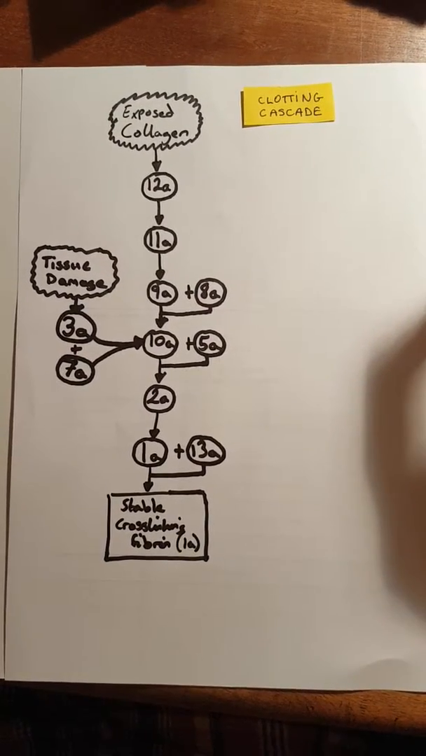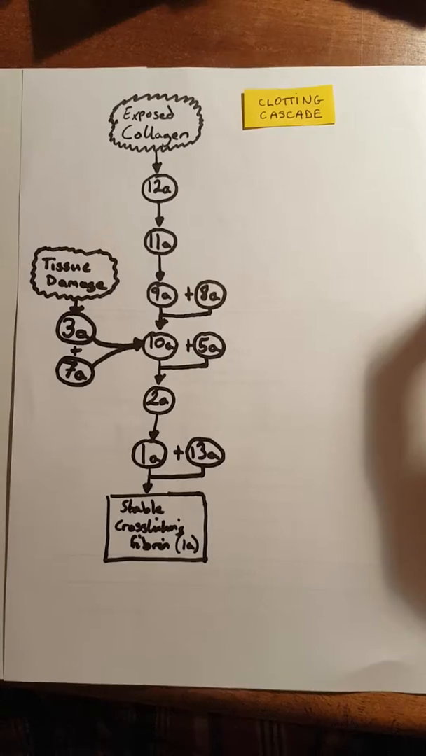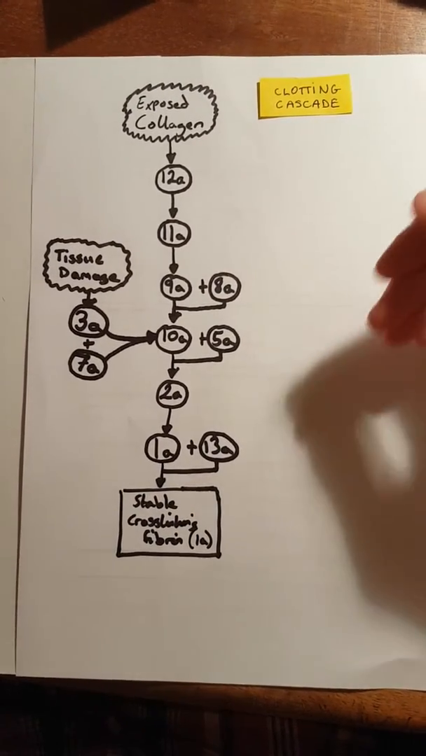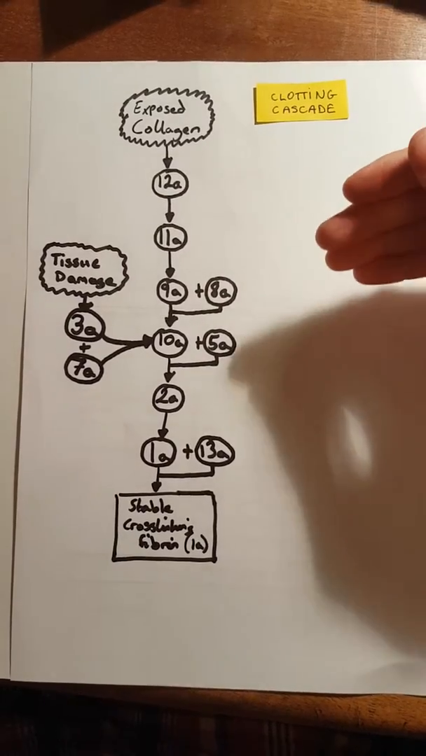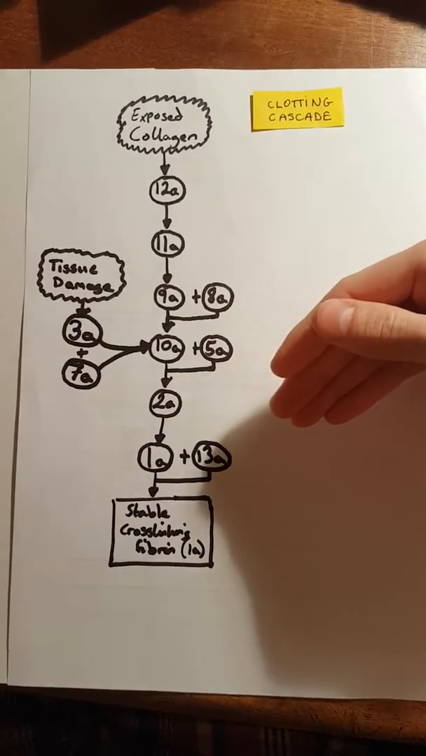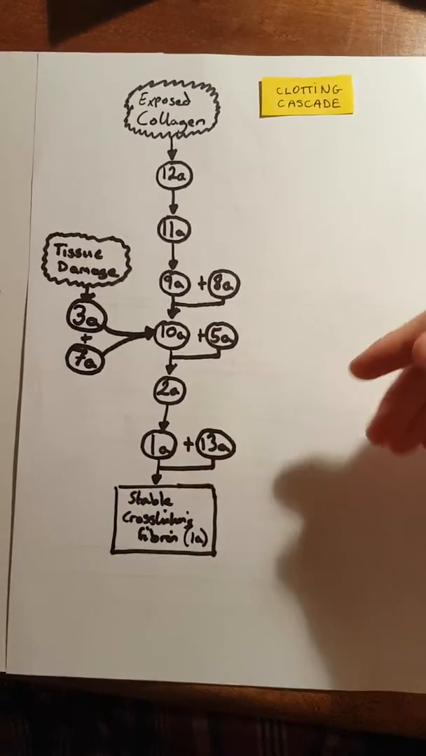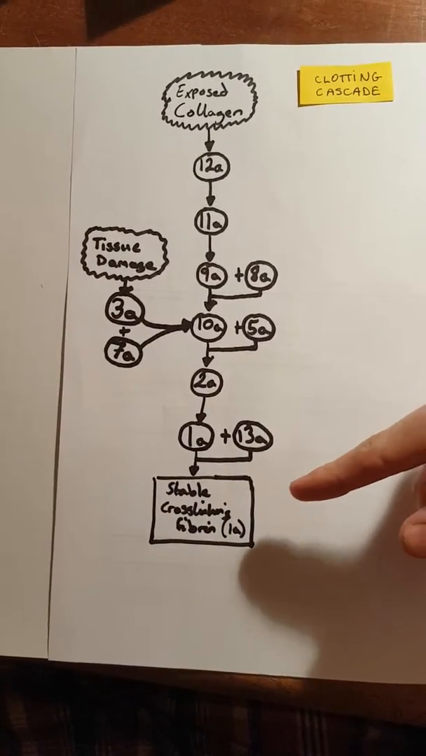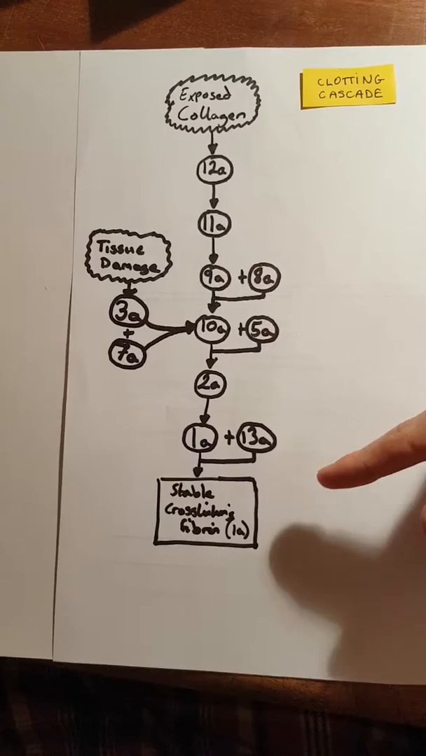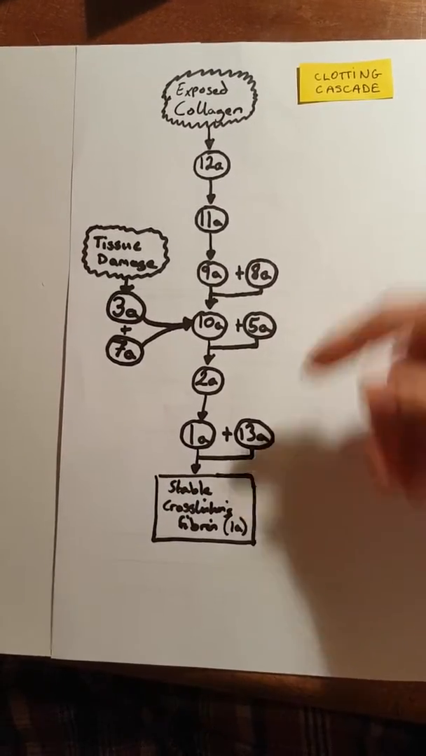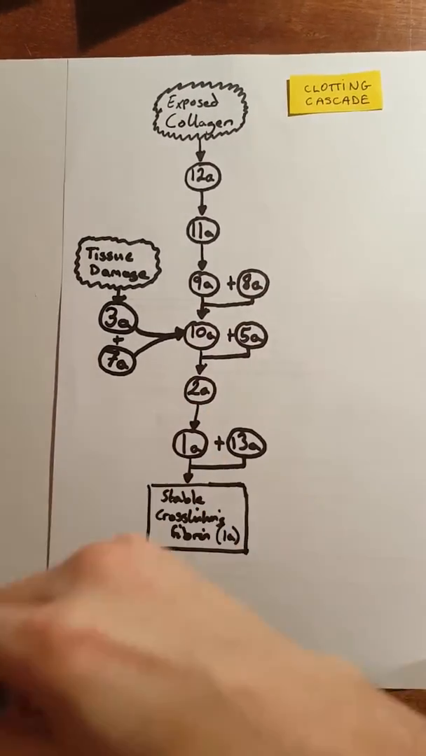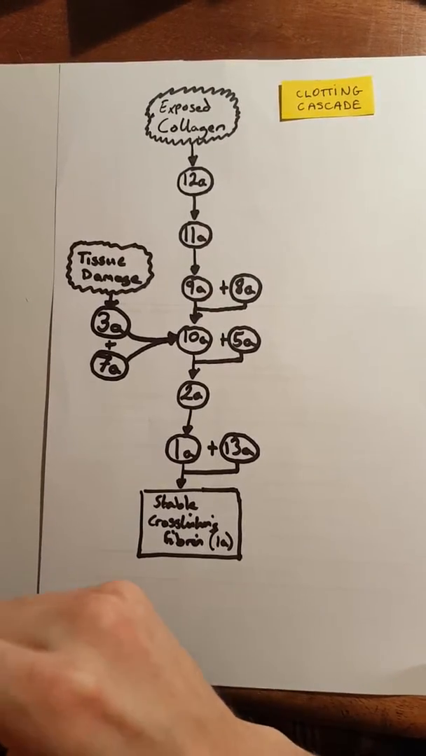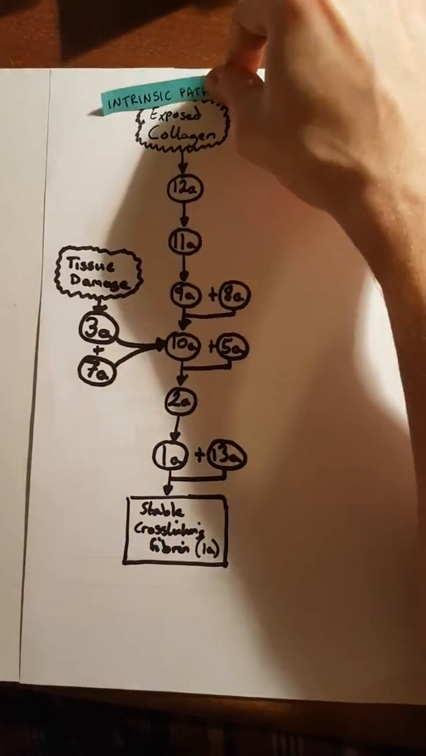So, what is the clotting cascade? Essentially, it's a sequence of interactions between these different proteins, also known as clotting factors, and they activate each other in a very particular sequence, which ultimately leads to fibrin deposition at the location of tissue injury, and this helps to stop any bleeding. Now, there are three pathways that work together, and they start off with the intrinsic pathway,